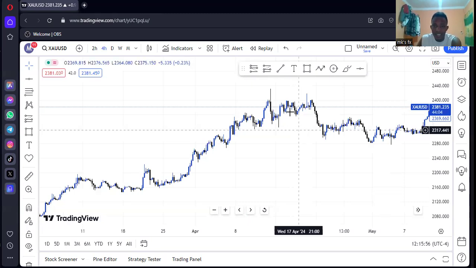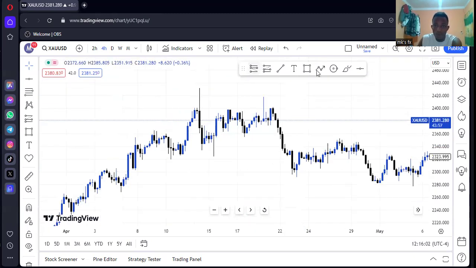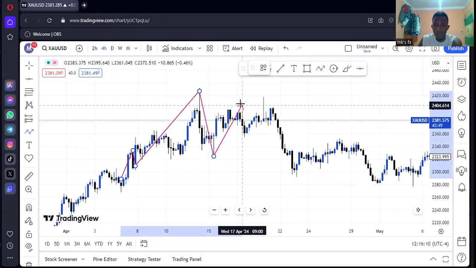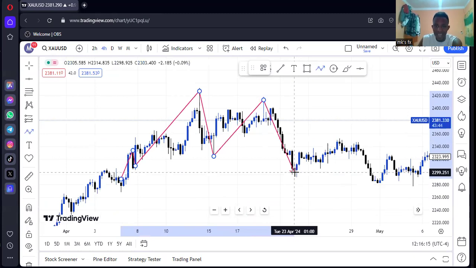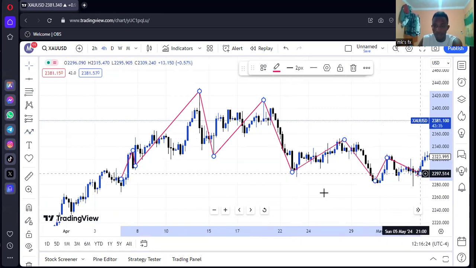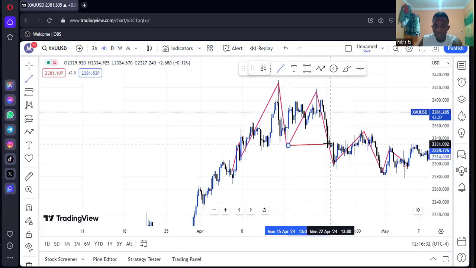You're going to see that gold was forming a series of, let us just take it from here. You see, gold was forming a series of higher highs, higher lows, higher highs, higher lows, and then it was unable to form a higher high, but rather formed a lower low, right? And at this point, you see, it started forming lower low, lower high, lower low, lower high, lower low. Okay, let's stop from this level now. Looking at this, guys, what happened at this point? We had a break of structure, guys, at this point. A change of character, sorry. We had a change of character at this point.